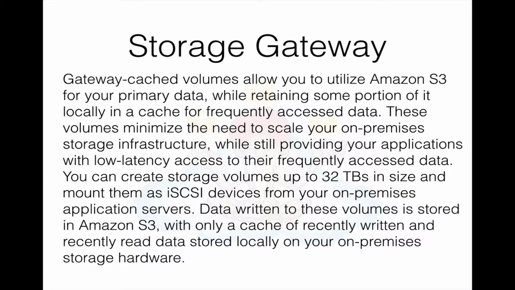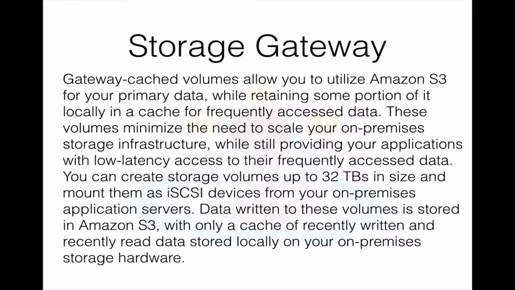So we'll just have a look at the difference between them. Gateway cache volumes allow you to utilize Amazon's S3 for your primary data. So your primary data is sitting up in S3 while retaining some portion of it locally cached for frequently accessed data. If you're a media company, you might want the assets that you're working on for the next month's magazine that you're about to publish to be locally cached because you're going to be using them a lot, but you don't want to necessarily store information from a magazine that you published 3 years ago. You just keep that up in S3. So that's what gateway